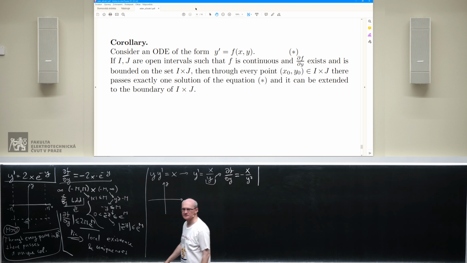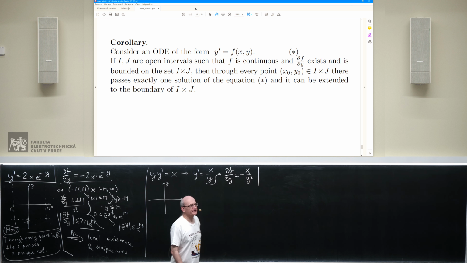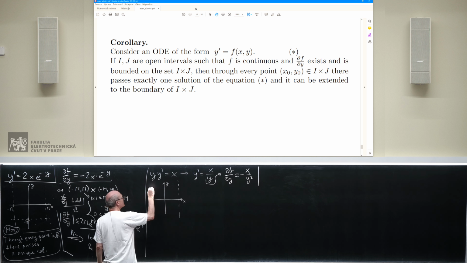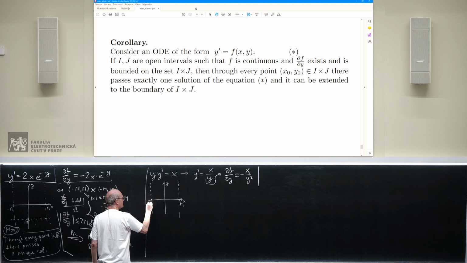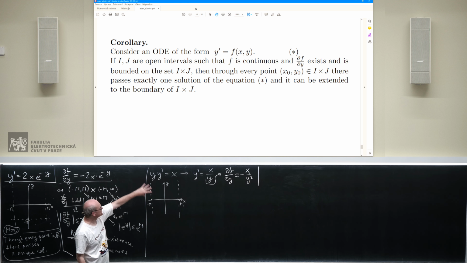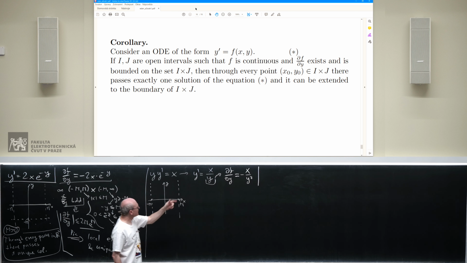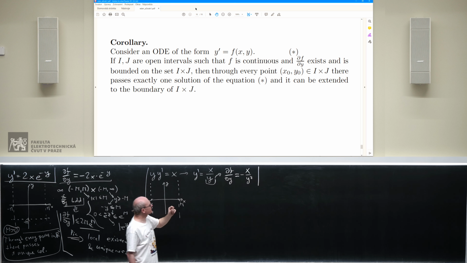Okay, what can go wrong? Well, first of all, we see the familiar trouble with x. X could blow up if we allow infinity in, or if we allow minus infinity in. So let's cut them off. Okay, here we go. We have a nice infinite strip, and this takes care of the x part. What can go wrong with y? Well, infinity I don't mind, but I worry a lot about 0. When y gets close to 0, this ratio gets really huge. So I have to prevent y from going